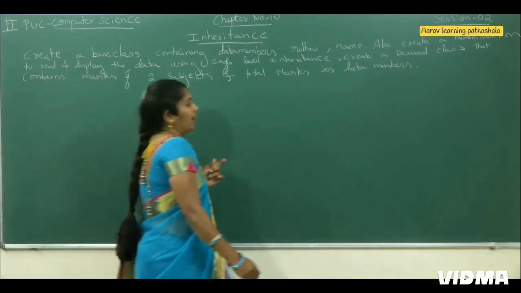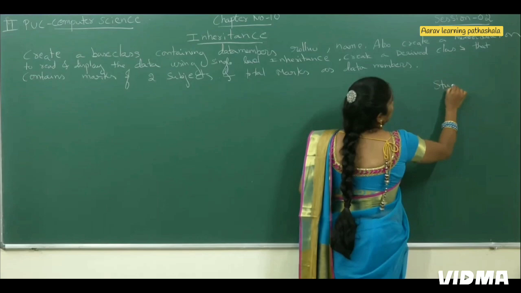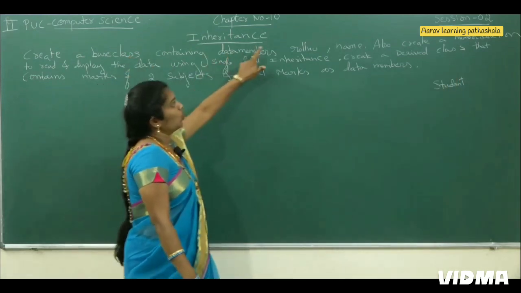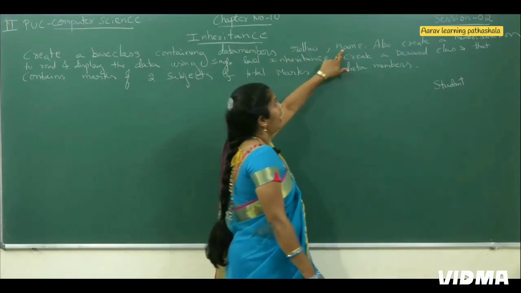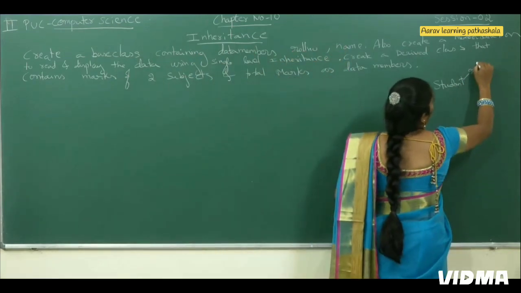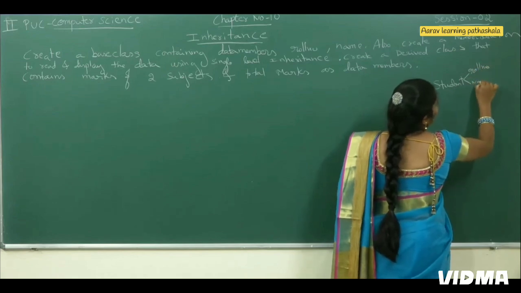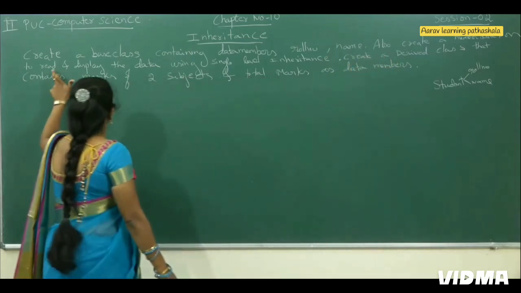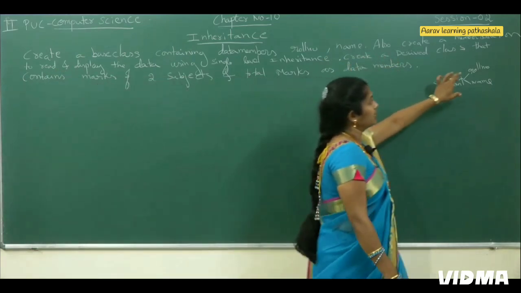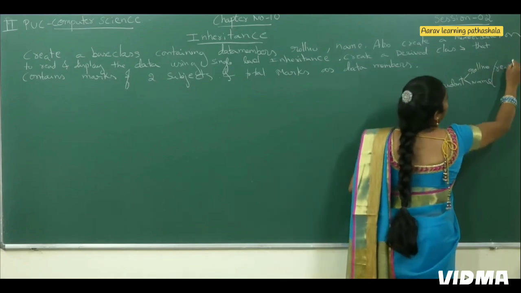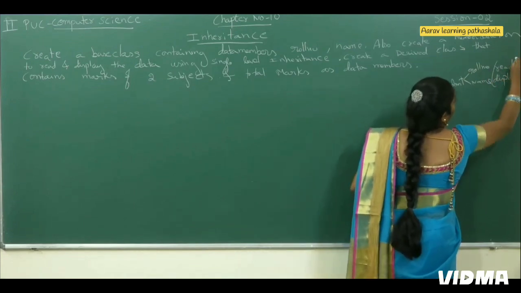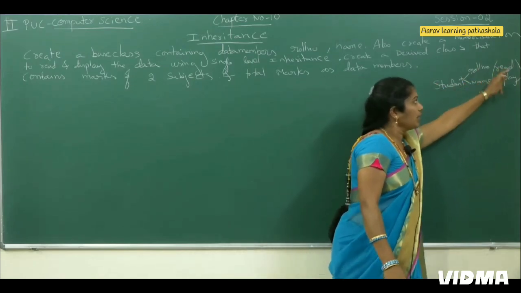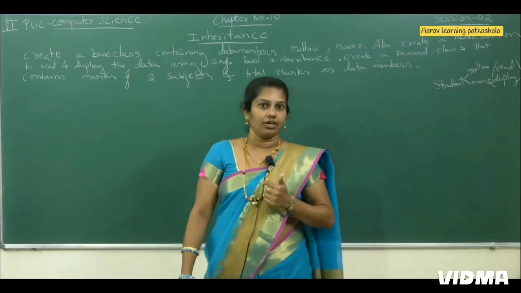base class. There I am going to take student as the base class. On this base class, we have two data members. One is roll number and one more is name. Two data members here we have collected. I also create a member function to read and display. Whatever data members you have selected, you have to read and display. We have a base class, and on that base class, two data members, roll number and name. These two we have to input and then display.